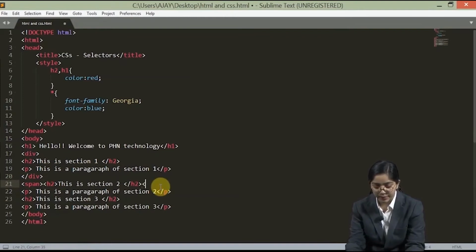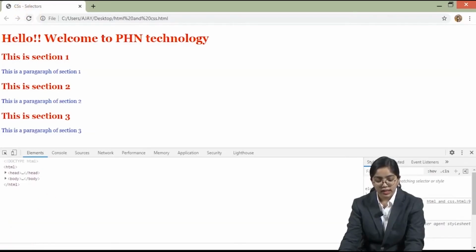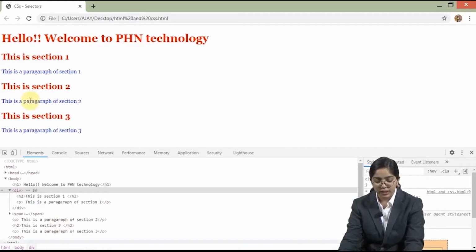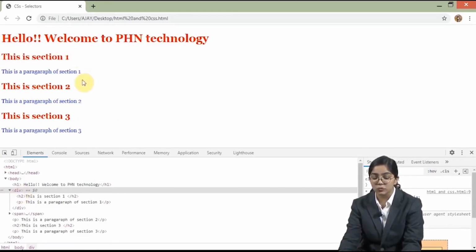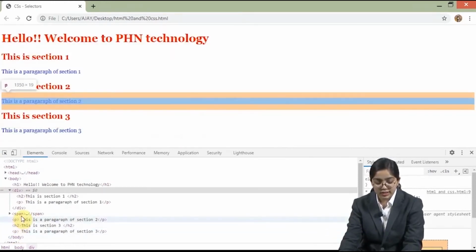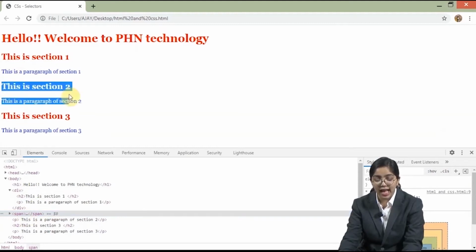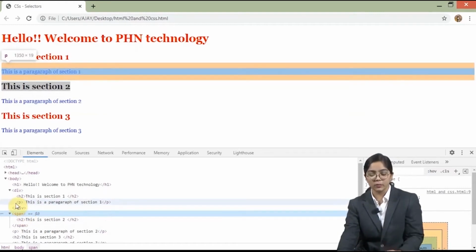Now if I add a span, let's just add span to this particular heading, okay, span is also a paired element. Just save it, okay. Now the line, this is section 2, is inside this span. So let's just see how the div looks. Div takes the entire row even if it required this much space only. Now in span what is happening is it is only taking as much space as it wants to. You can see there, right? So this is the difference between div and span.